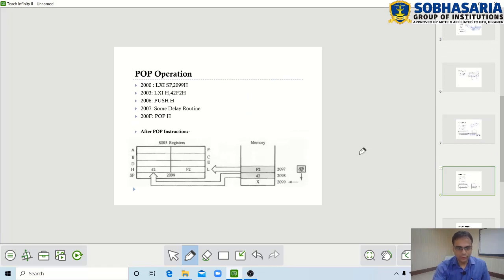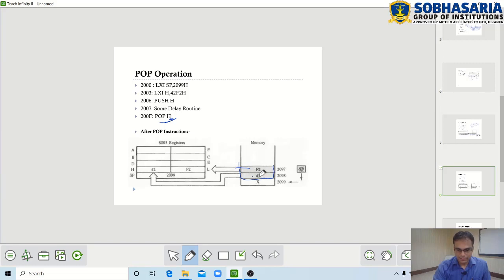Similarly, if you want to pop some data from the stack, so suppose if we write pop H, so how pop H will work? So the content of this memory segment called stack, and these top two elements will be loaded into HL pair. So that is the H and L pair here.